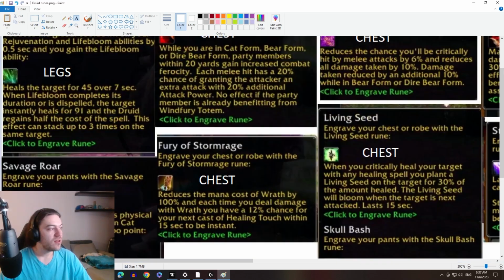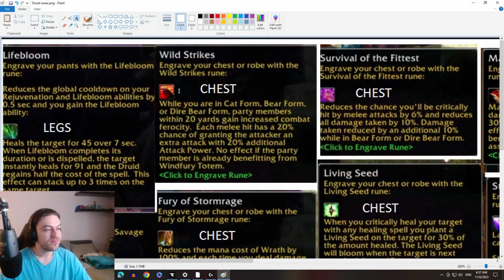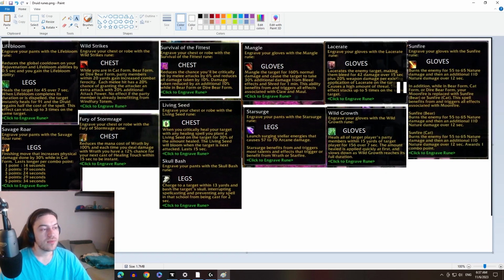your specialization, the first one we have here is Lifebloom. It reduces the global cooldown on your Rejuvenation and Lifebloom abilities by 0.5 seconds, and you gain the Lifebloom ability. What Lifebloom does is it's just another healing over time that is also dispel protection. So once it ends or is dispelled, you will gain half of its mana back. Now, this is simply just a resto ability, and you will be picking up that one as a restoration